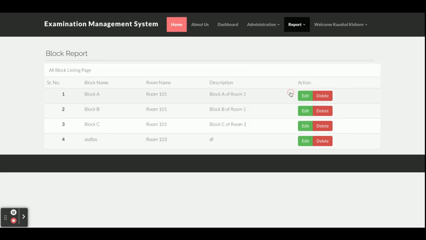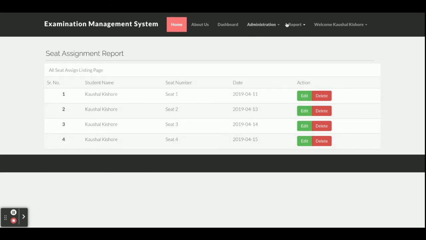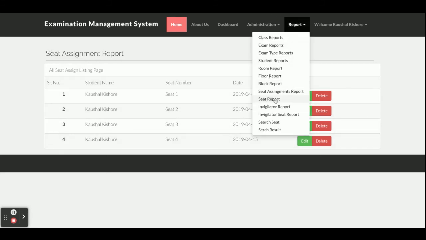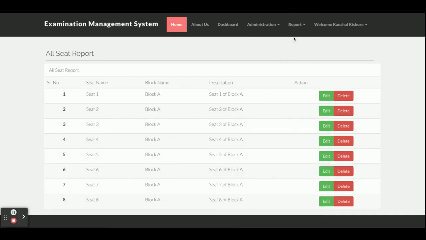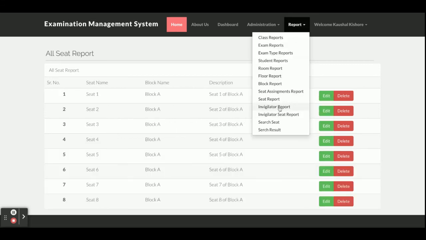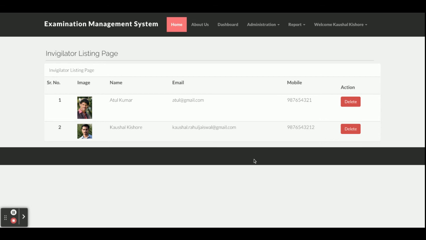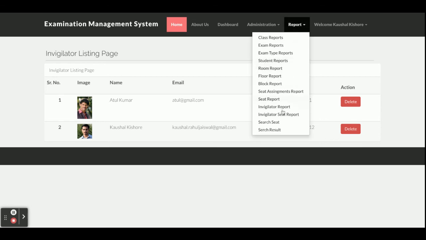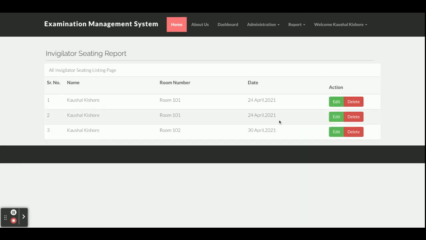This one is the seat assignment report. All of the seat assignments of the students will be displayed here, right? The seat report, all of the seats which you have added. Invigilator report, all of the invigilators which are available in the database will be displayed here. Invigilator seat reports. So currently invigilator Kaushal Kishore has three seats, right? So room number 101, 101, 102, and these are the dates, right?